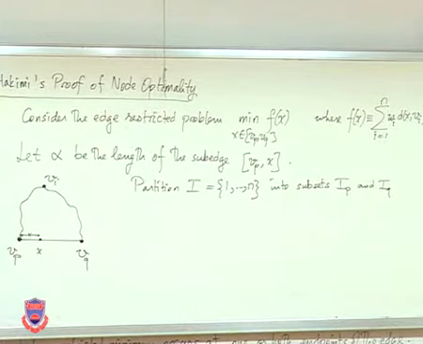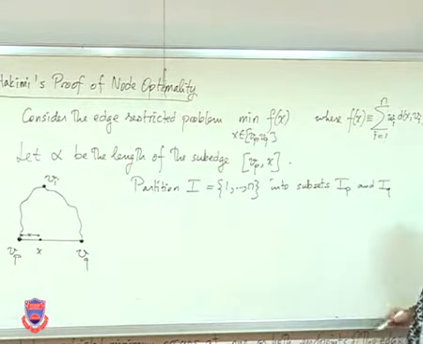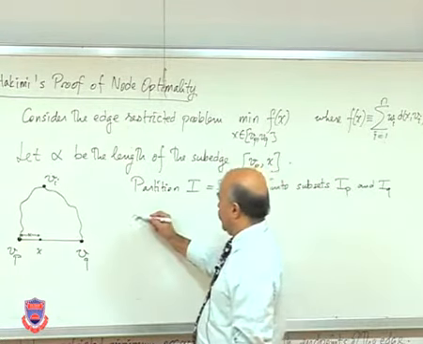I'm assuming x is an arbitrarily selected point on the edge. Okay, it's a fixed point. It's arbitrary, so whatever I say here, the conclusion will be true for every x at the end. So partition the index set of the vertices into subsets IP and IQ, where